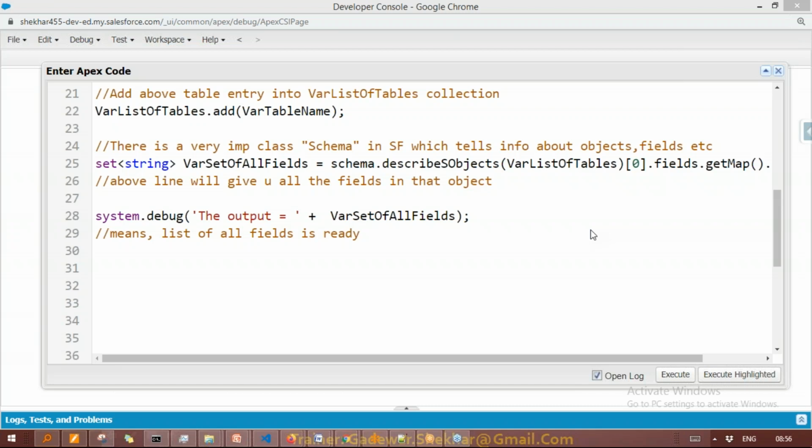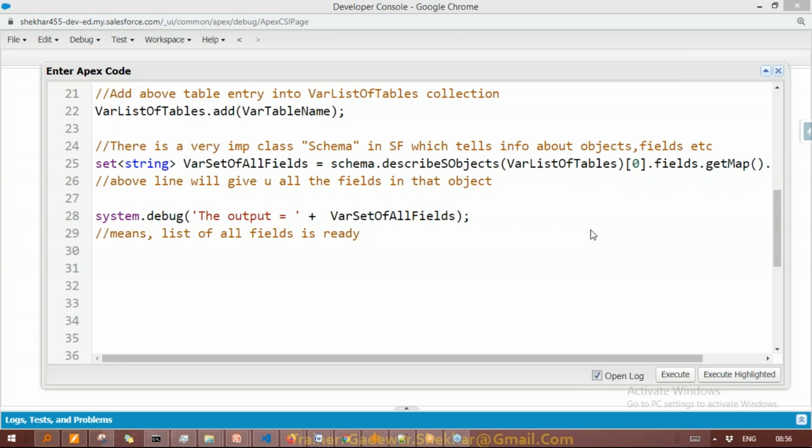Please note, now in this case the for each loop will help us. What we have to do now is create a for each loop, something like this. First of all, we know all the fields are present in var set of all fields.